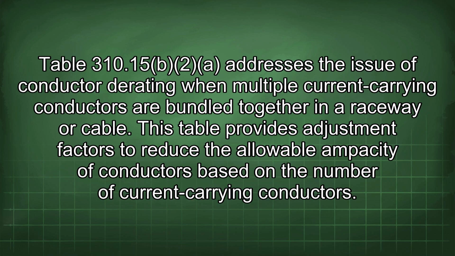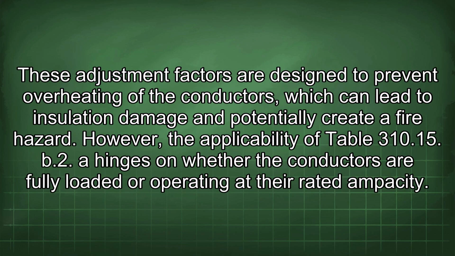Table 310.15 B2 addresses the issue of conductor derating when multiple current-carrying conductors are bundled together in a raceway or cable. This table provides adjustment factors to reduce the allowable ampacity of conductors based on the number of current-carrying conductors. These adjustment factors are designed to prevent overheating of the conductors, which can lead to insulation damage and potentially create